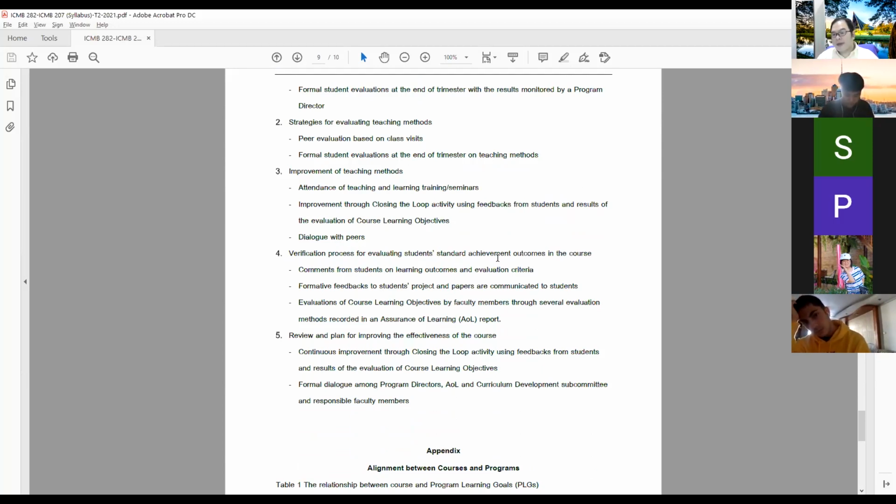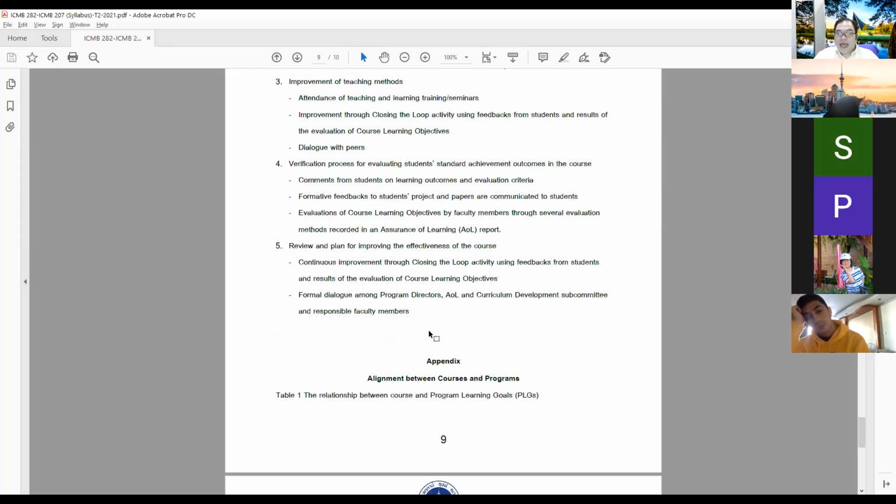Comments from students on learning outcomes and evaluation criteria, and formative feedback to students. Projects and papers are communicated to students, and evaluation of course learning objectives is done by faculty members through several evaluation methods recorded in assurance of learning reports. And lastly, for reviewing the plan and planning for improving the effectiveness of the course, we have continuous improvement through closing the